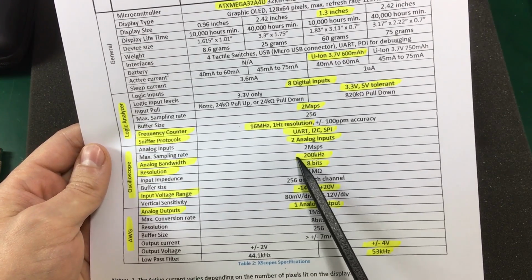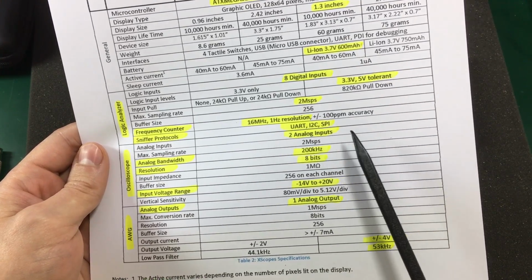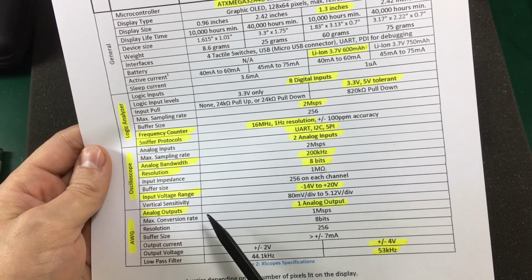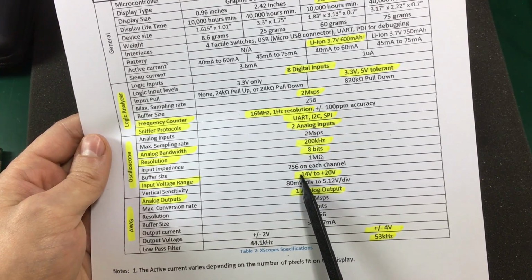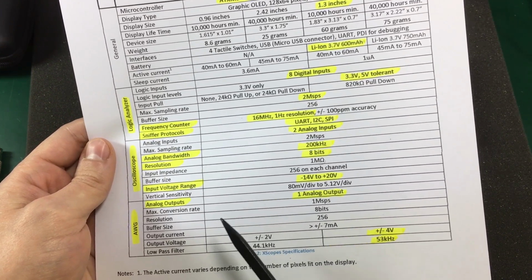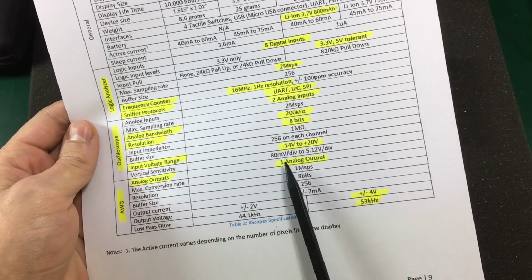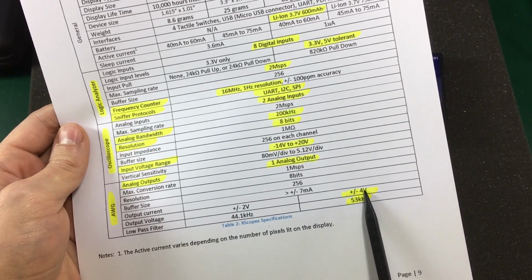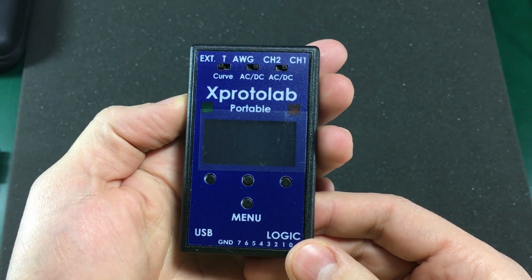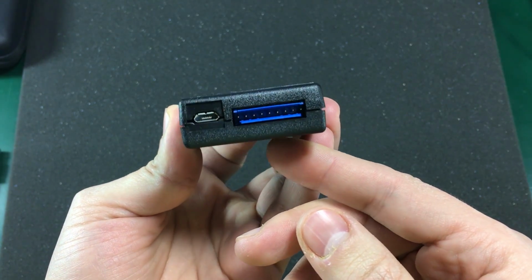On the oscilloscope side, we have 2 analog inputs with a maximum sample rate of 2 meg samples per second, 200 kilohertz analog bandwidth, 8 bits ADC. The input voltage range goes from minus 14 volts up to plus 20 volts. So that will cover a good majority of hobby projects. The arbitrary waveform generator has 1 analog output and it can swing plus or minus 4 volts up to 53 kilohertz. So we could say it's feature packed considering its small size